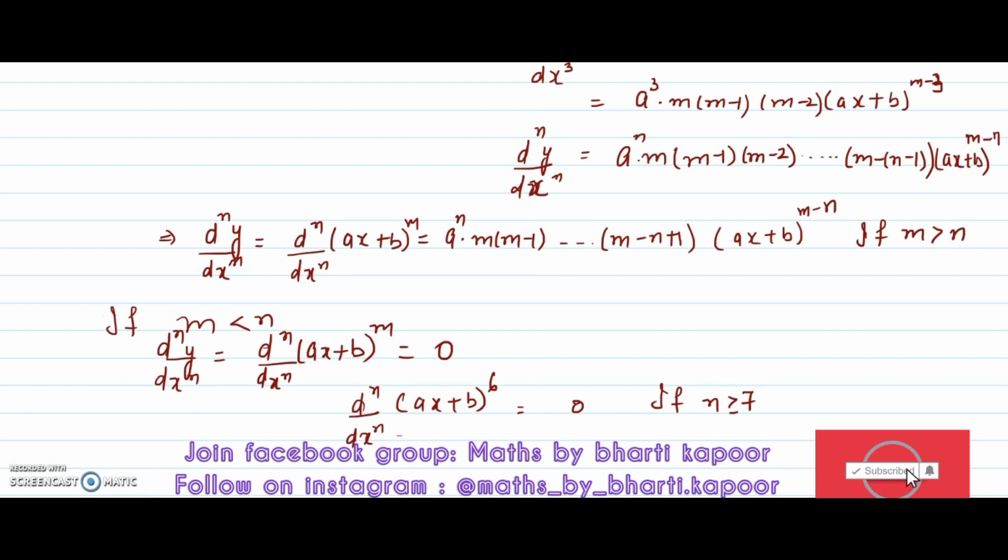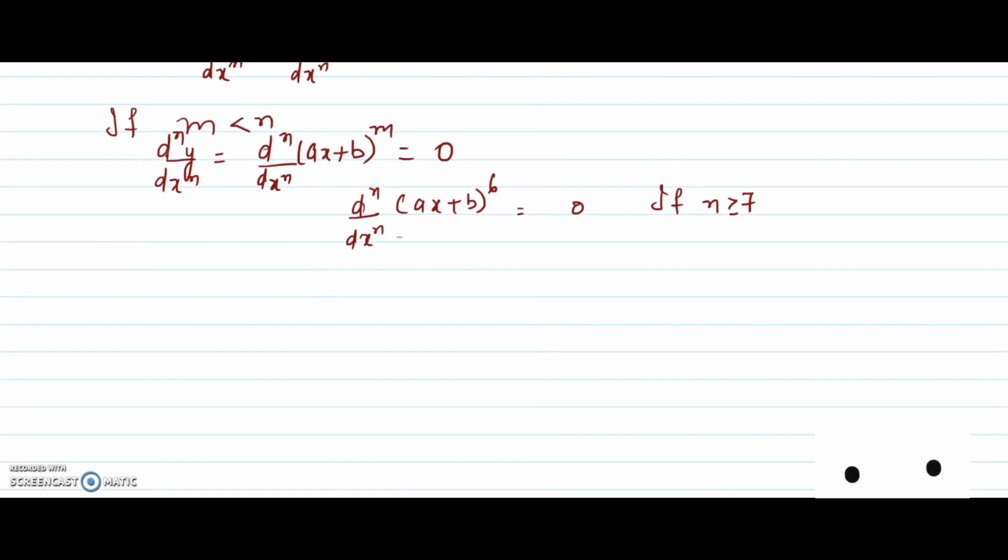So the nth order derivative of this function is equal to m into m minus 1 up to m minus n plus 1, a to the power n, into ax plus b raised to power m minus n if m is greater than n, and if m is less than n, then it is 0. I'm sure all